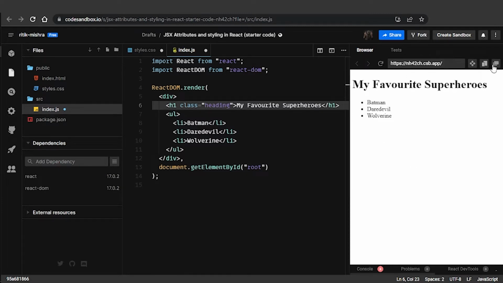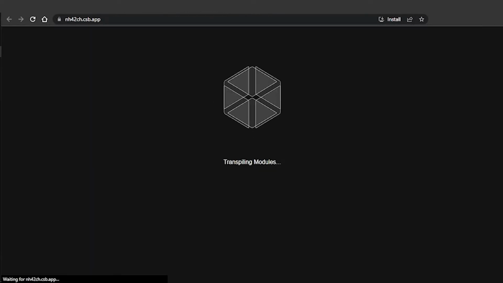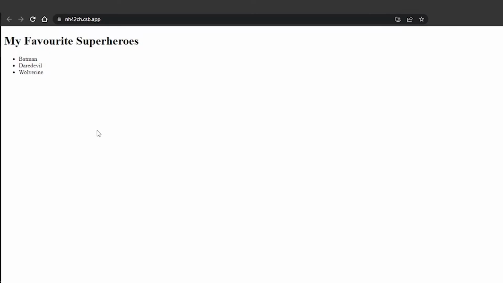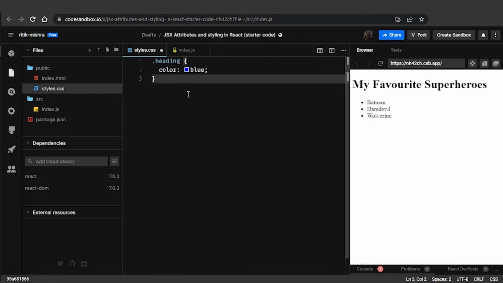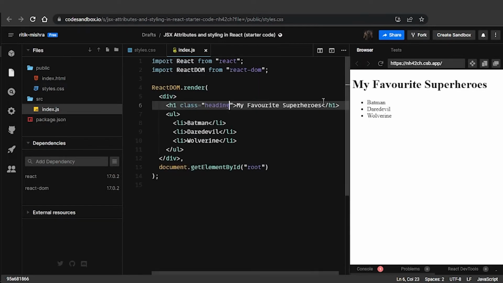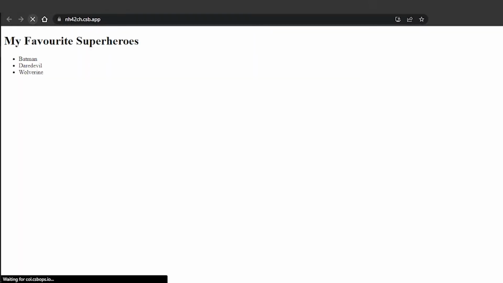Okay. Let's try to pop this out. And it's loading. So let us hit save here. Let's save this particular CSS also and try to hit refresh. Now we can see that the changes have taken place. And if you see right here,